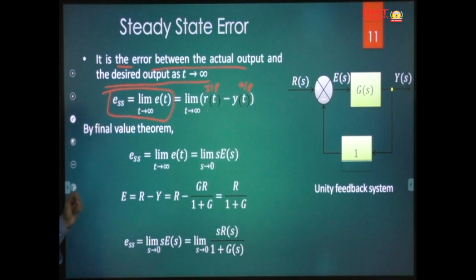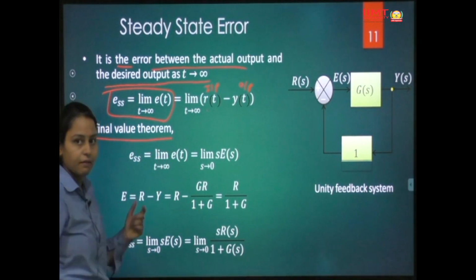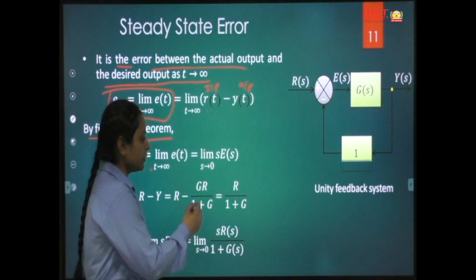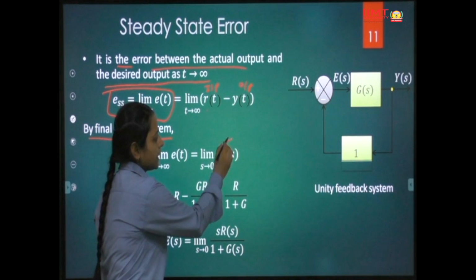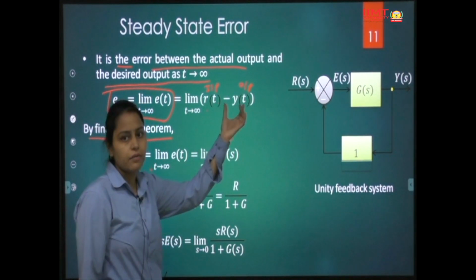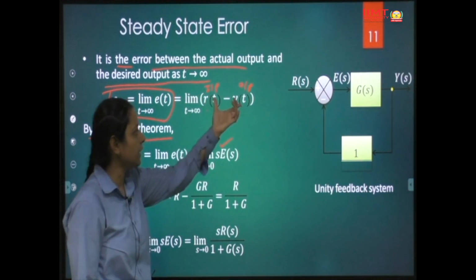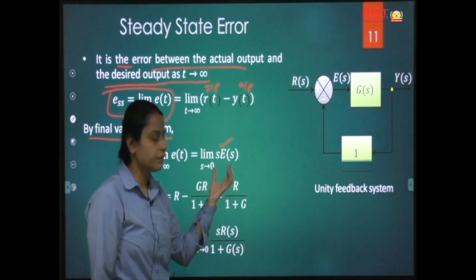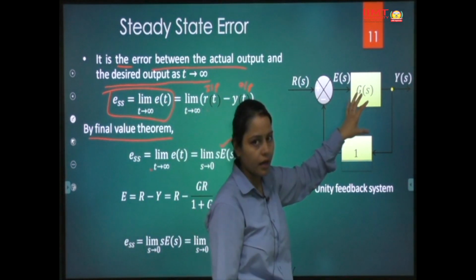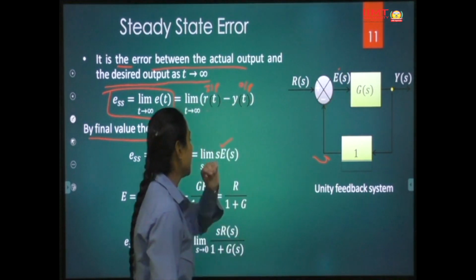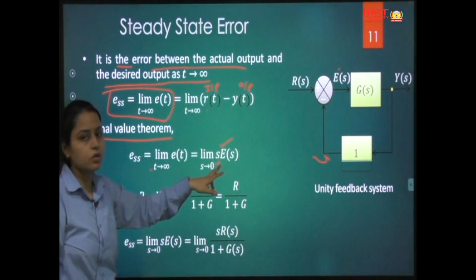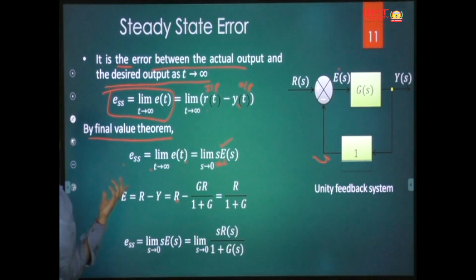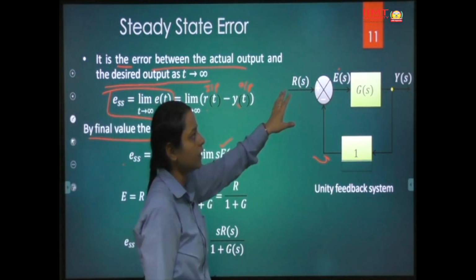Okay, time response of output by final value theorem. If we use the final value theorem, ess is equal to limit t tends to infinity e(t). By using the final value theorem, it would become limit s tends to 0 sE(s). Otherwise we would have to calculate y(t) and r(t), then take the difference and calculate e(t). But using the final value theorem, we can simply calculate E(s) from the block diagram in terms of the Laplace transform, without calculating any y(t) and r(t). We can calculate the steady state error of the system without any input. We do not need any kind of input.